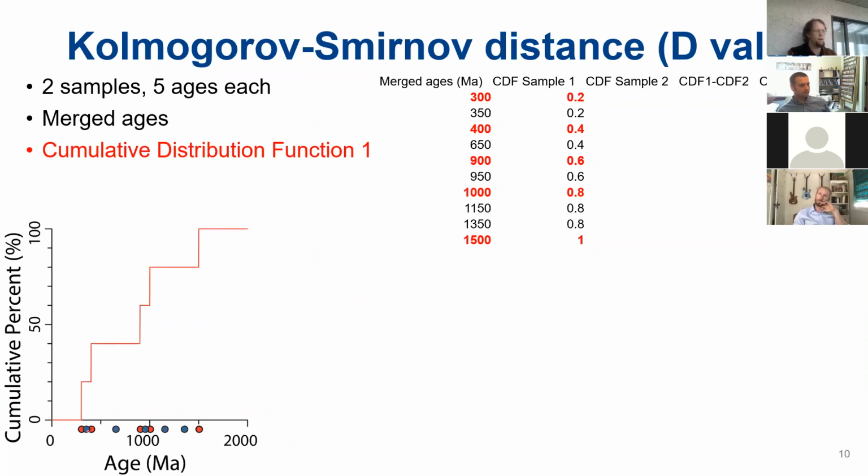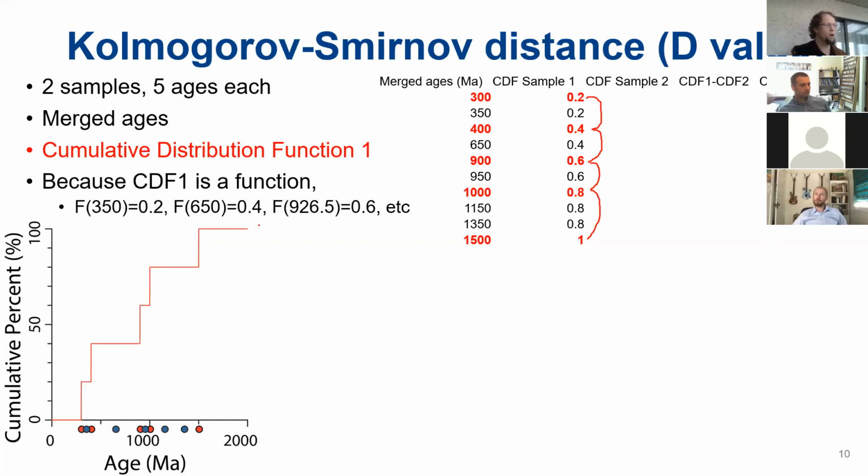Each time we hit one of those ages, we take a step upward, cumulatively adding up that probability. In this case, because we have 5 samples, our 1 over n is 0.2, and so each step is a 0.2 step up to 1, right? Same thing goes for